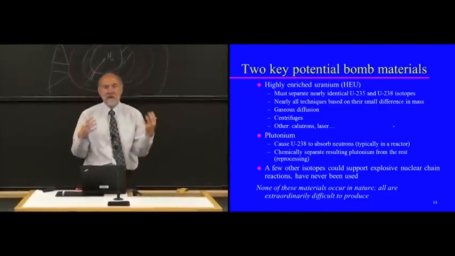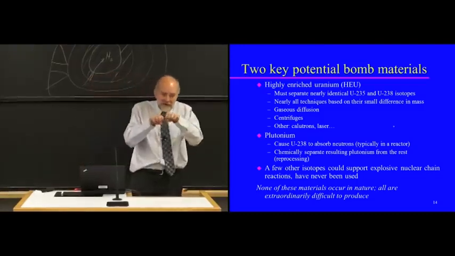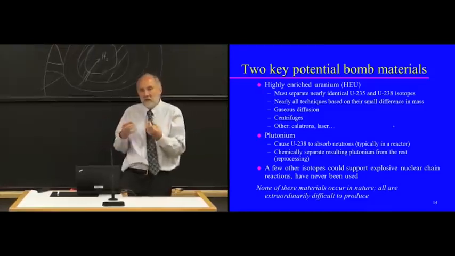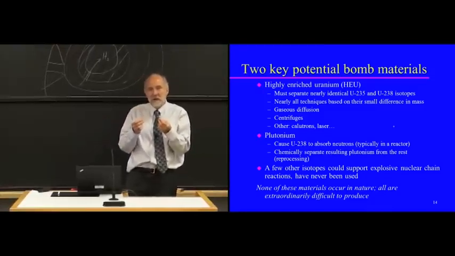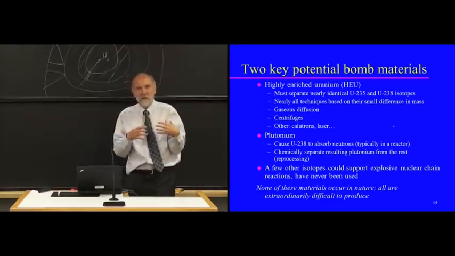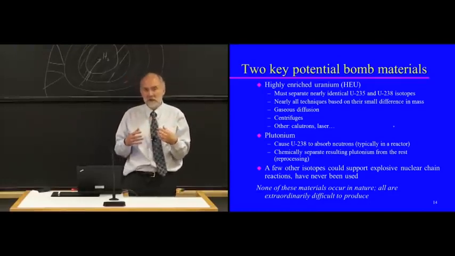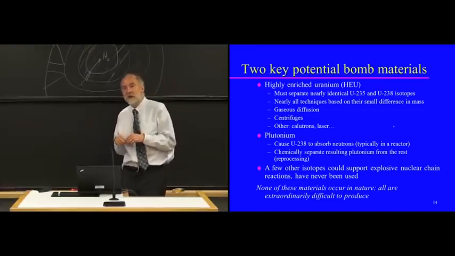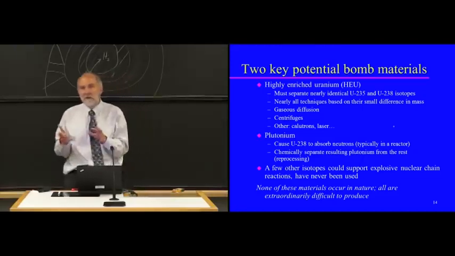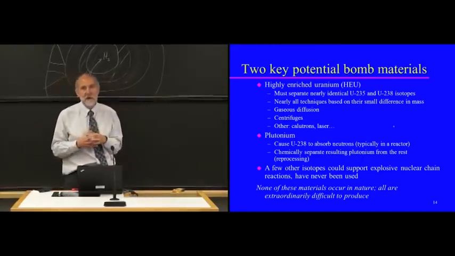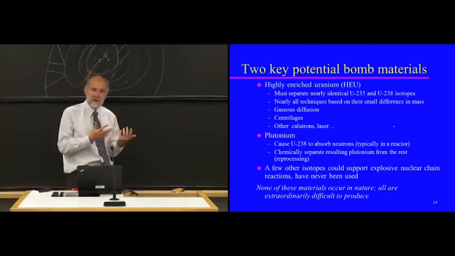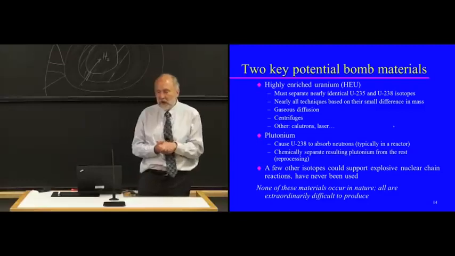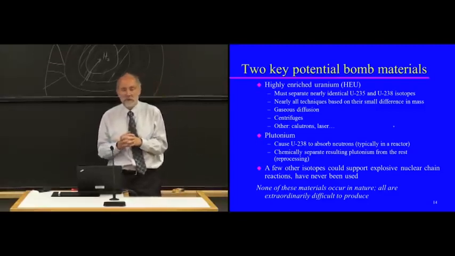And almost all the techniques that people have thought of for how do I get those U-235 atoms separate from the U-238 atoms have to do with the very slight difference in mass. So the mass basically goes as the number of protons and neutrons in the nucleus. So it's 238 rather than 235. So it's only a little more than 1% difference in the mass, and that slight difference is what most of the approaches play on. And we'll talk about a couple of the approaches that have been